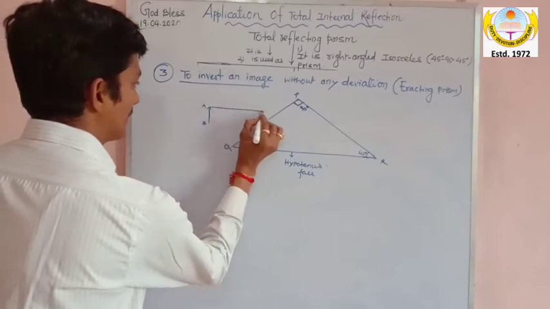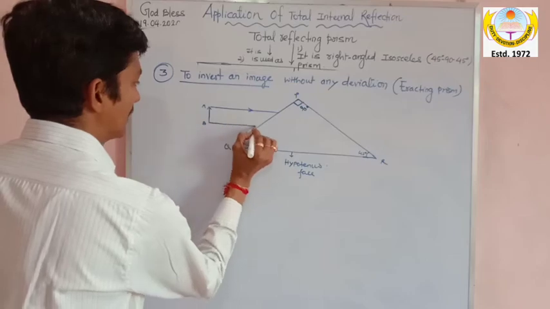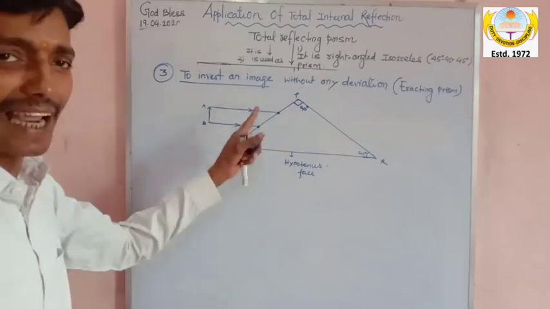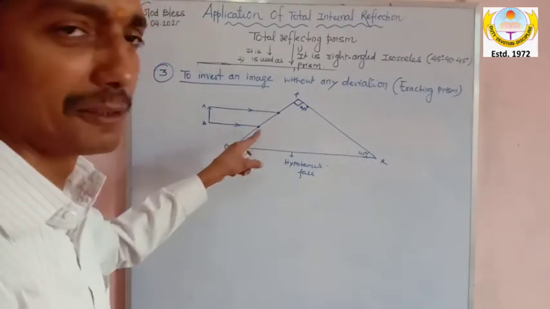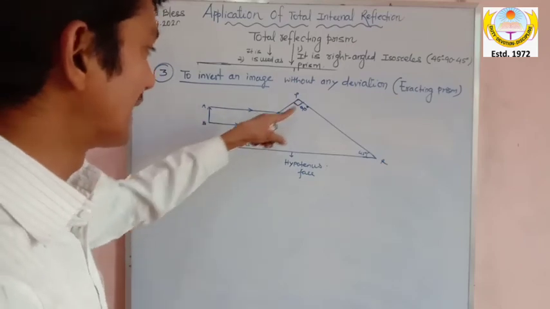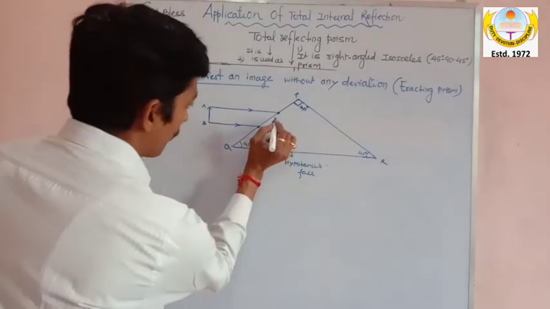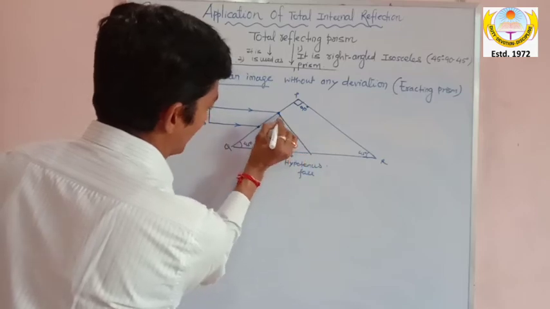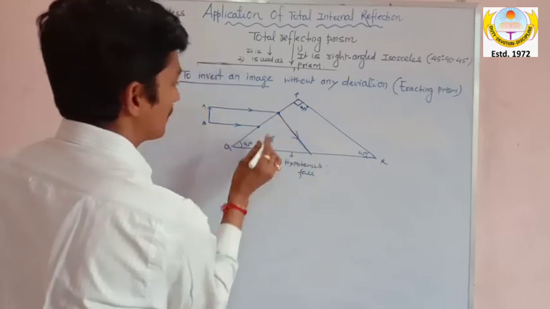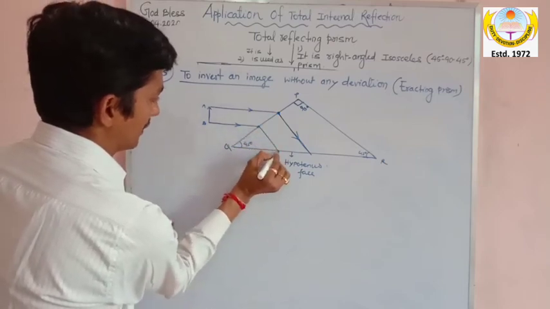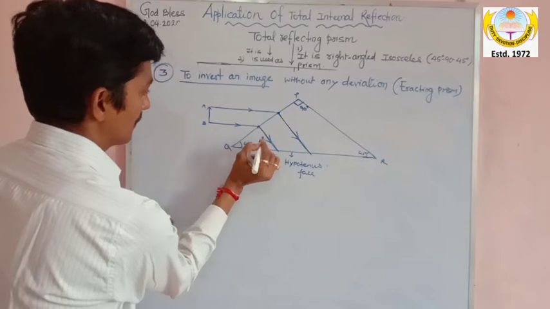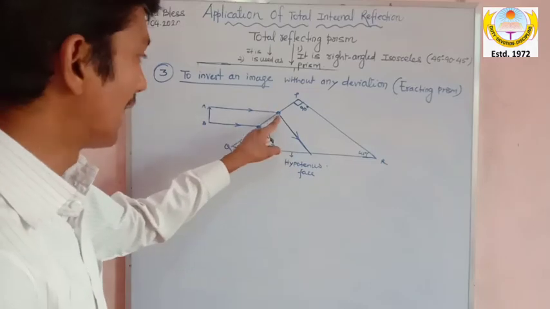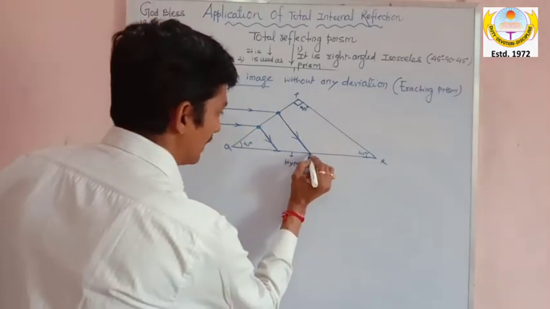So the light will be incident here. You can see the light will be incident from the object AB at a certain angle on one of the shorter faces. Here a certain angle is made by the incident ray, and it is incident at a certain angle on the shorter face, my dear. From here it refracts. This is called refraction, my dear. So here it undergoes refraction at this surface,